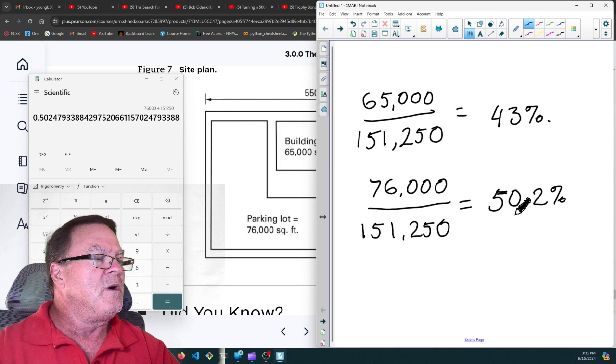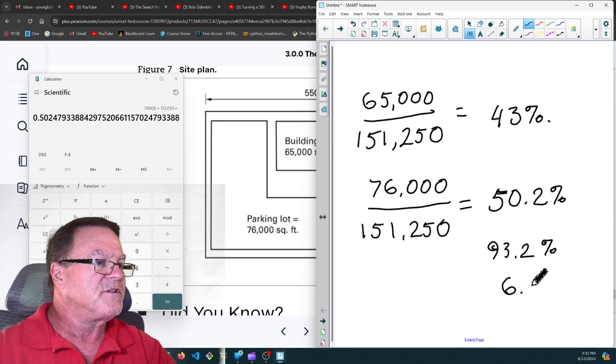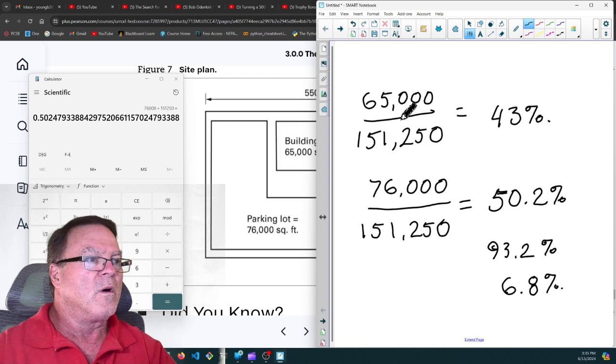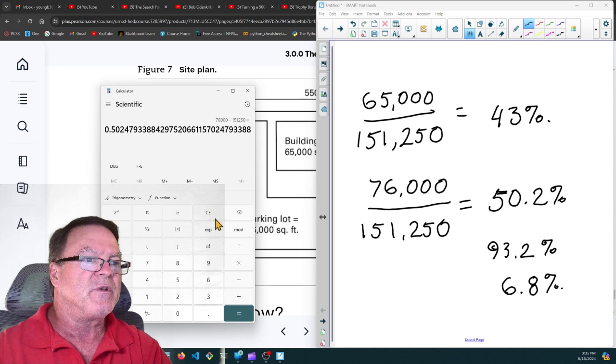If I wanted to, I could add those together and get 93.2%. And from there, I could figure the sidewalks to be 6.8%. Or what I could do is add the two of them together. I can actually take 65,000 plus 76,000, 141,000 divided by 151,250, and it gives me,